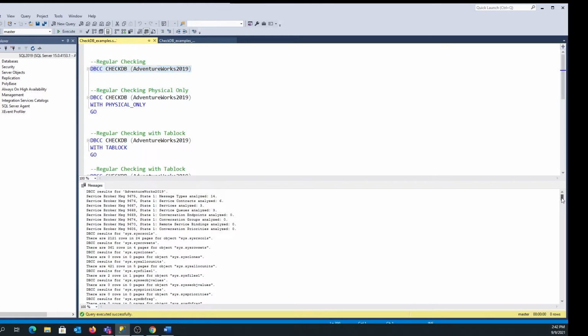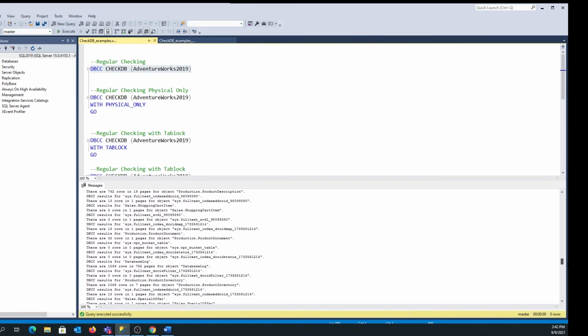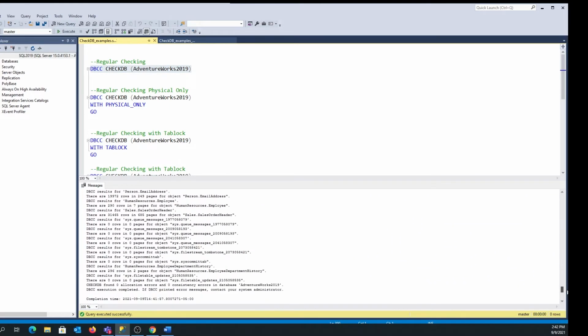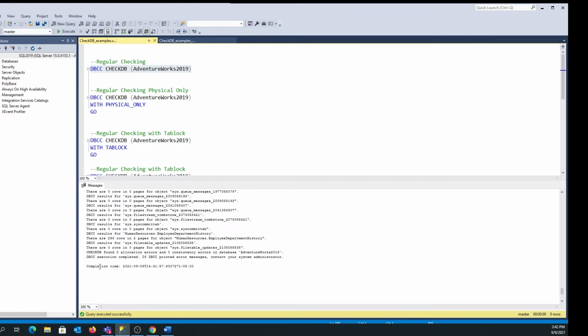So here are the results. The line of return that we're most interested in when we run this is the number of allocation errors and consistency errors found in the database. So I have a healthy AdventureWorks 2019 database, so everything's coming back with no errors.